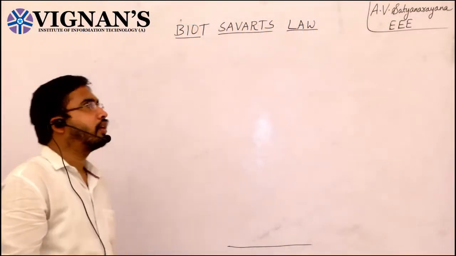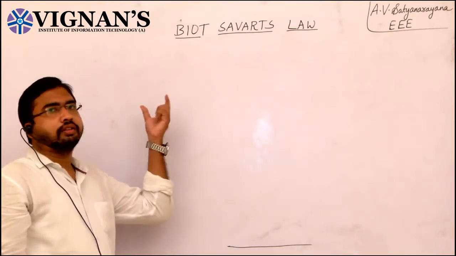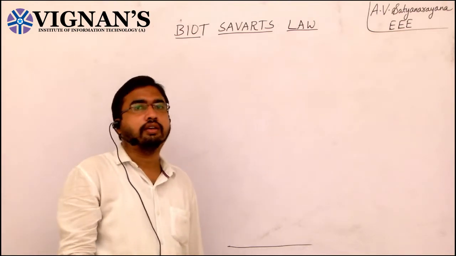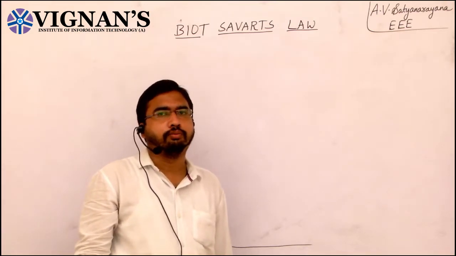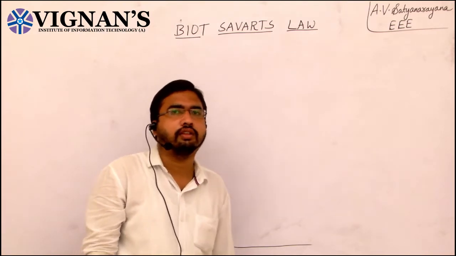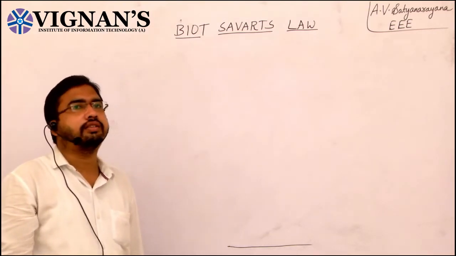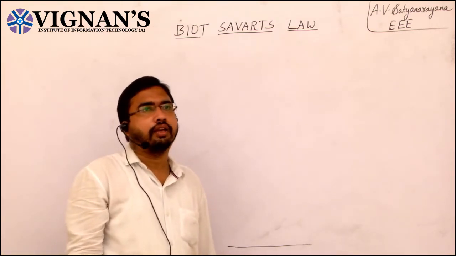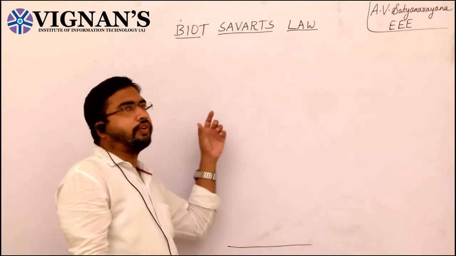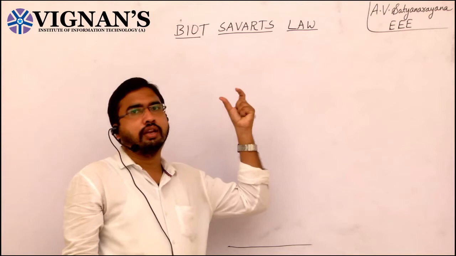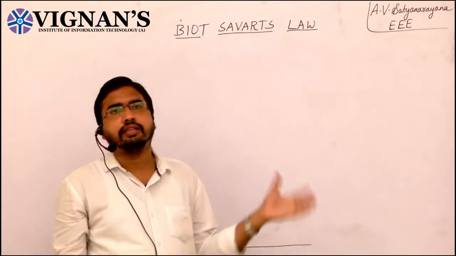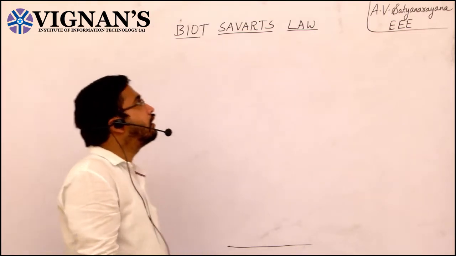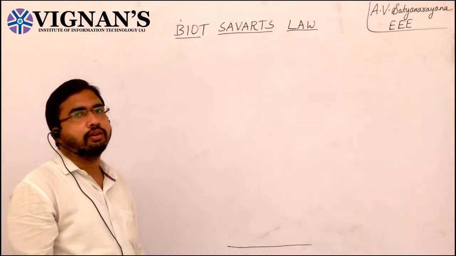Welcome all of you. Today we have our third derivation left, that is the magnetic field intensity H bar due to a circular current carrying loop. In the previous classes we discussed the derivations of H bar due to an infinite line charge, and also derived the expressions for an infinite sheet charge. Now the third one left is the magnetic field intensity H bar due to a circular loop of conductor. So for that let us revise the Biot-Savart's law once again.